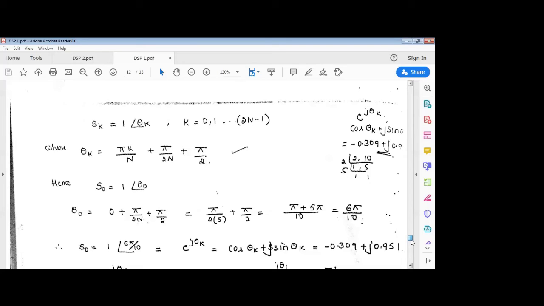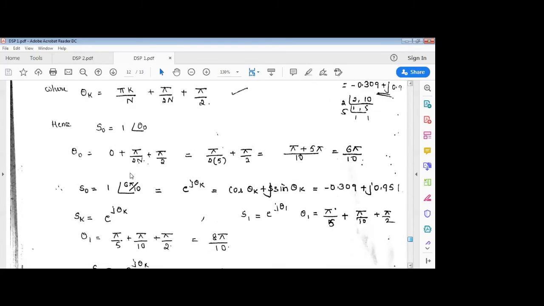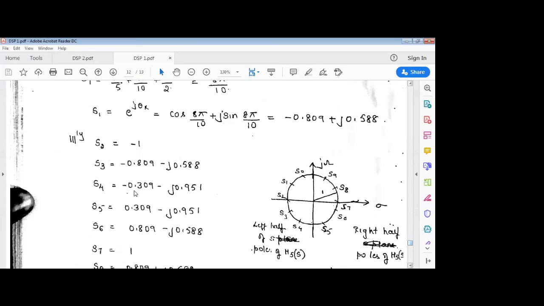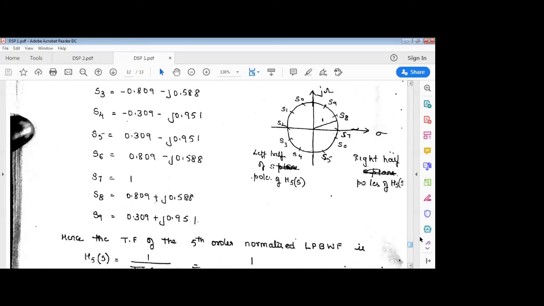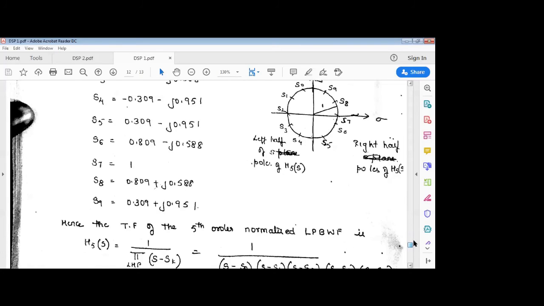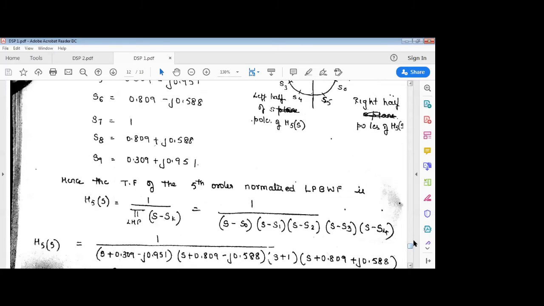So we can see here all those values are negative values up to S4. And from S5, the remaining values will be positive values. So you can see S5, which started with the positive value minus 0.951. So we are considering only the left half of the plane. Hence the transfer function of the fifth order normalized low pass Butterworth filter is given by H5 of S,